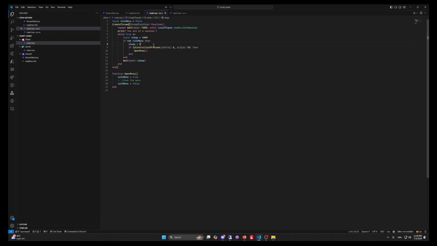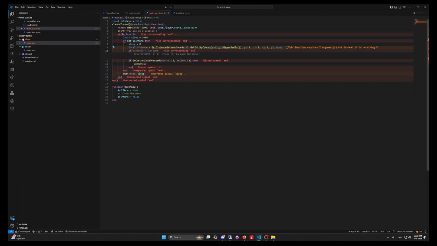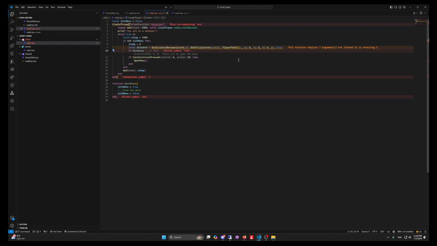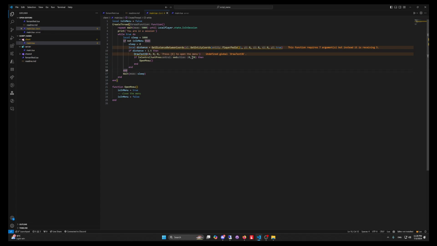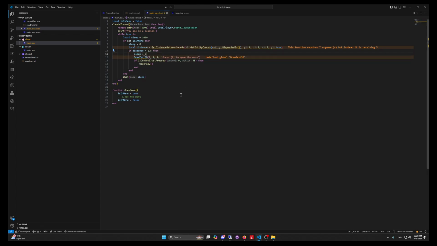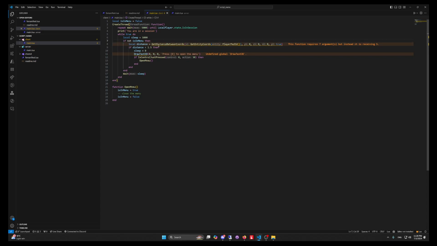And usually you would have here something like distance, right? You would have here the distance between the player and the shop, and you would do if distance, for example, and you would do a draw text or something like a prompt, or whatever. And then in here you would do sleep equals 0, because we only need it when you are within this distance. So if you are far away, we don't need to check every frame for you to press the button. So we wait one